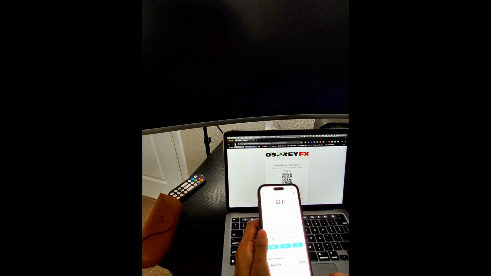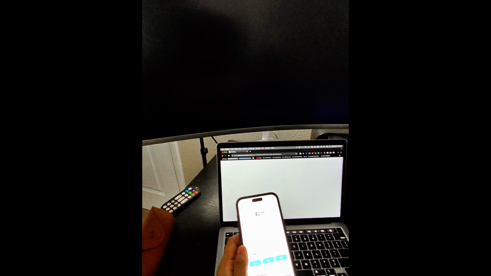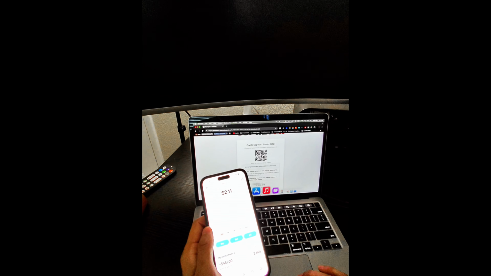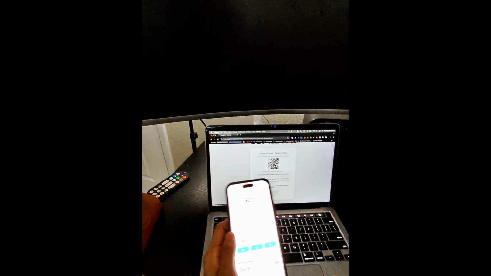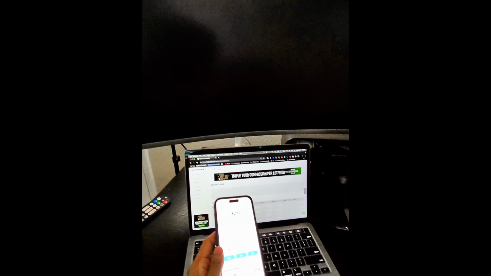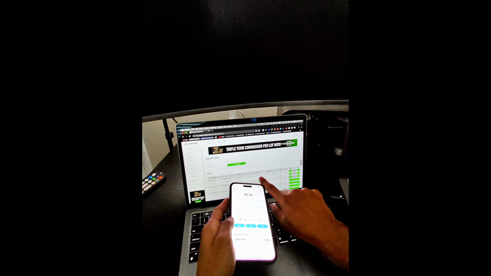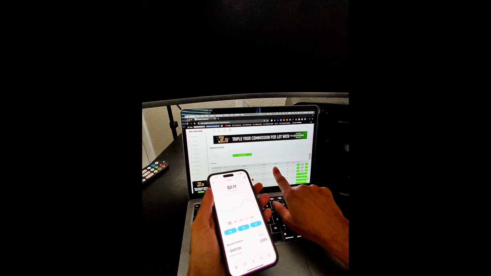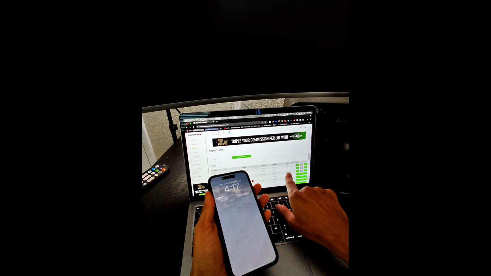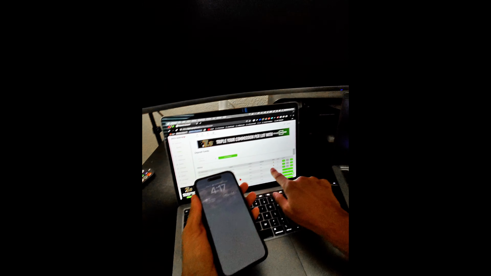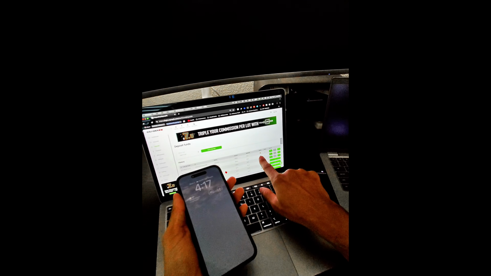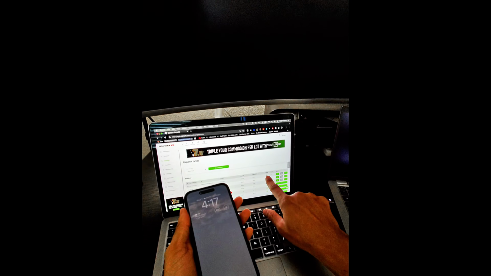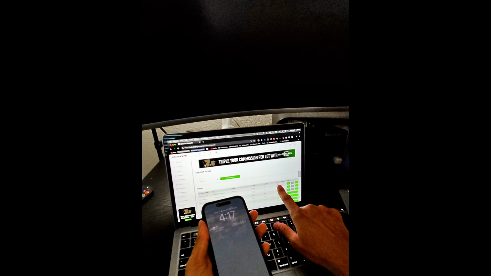And then once you go back to basically the deposits page, right? So I'm going to go back to Osprey FX. You'll see basically a pending, right? So 290 is pending. And then once it turns green, you're going to notice that, see all these right here. I canceled these out because basically I messed up on my recording. But this one should turn green within about 5 to 10 minutes.